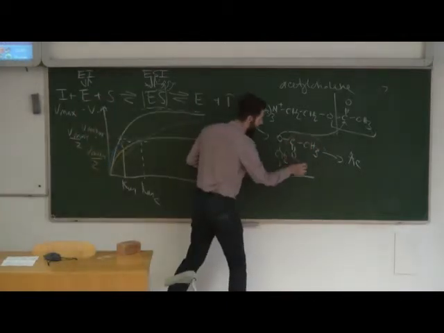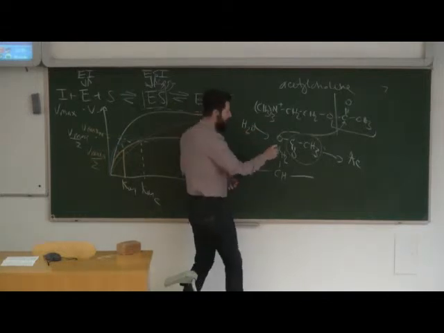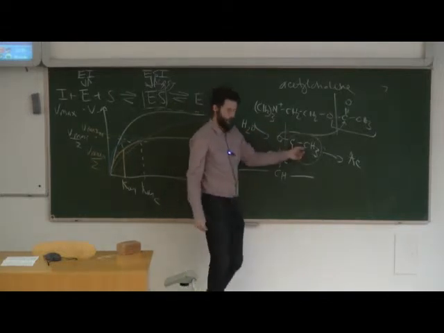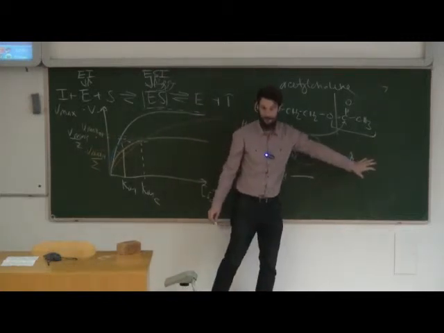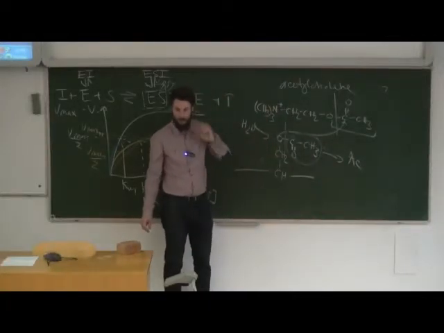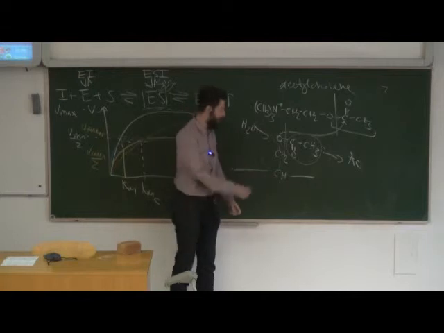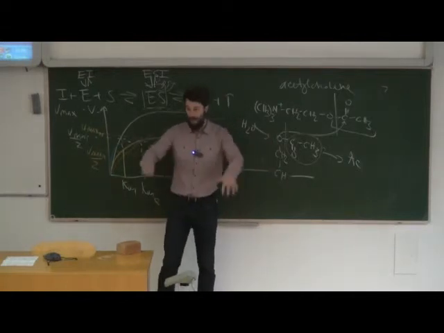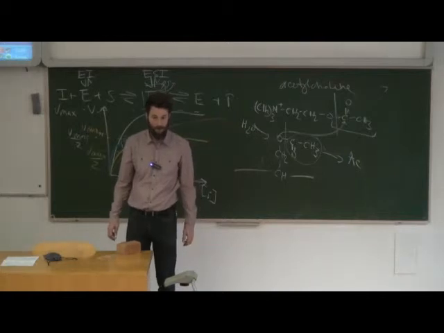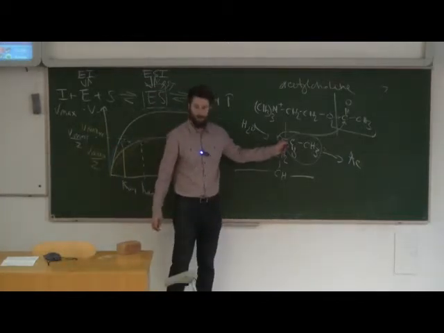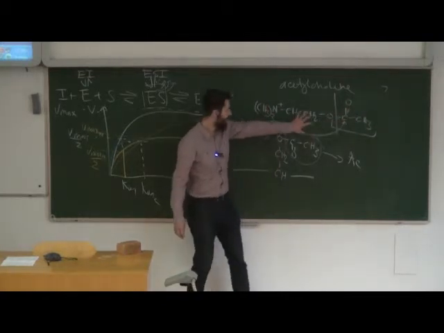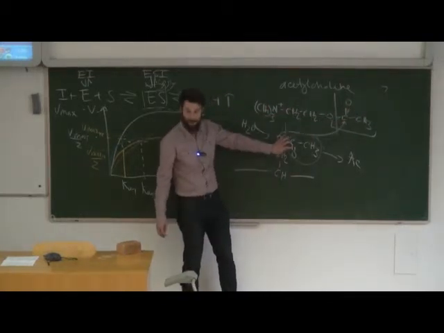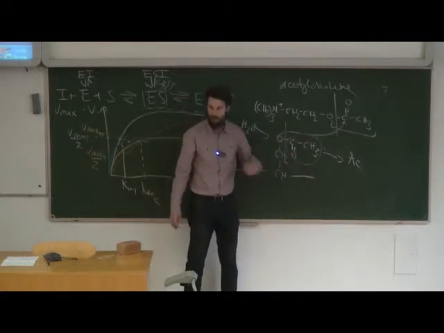So this water molecule comes in, it breaks this bond. This thing, which is basically acetic acid with a bit of this water, is released as acetic acid. And the serine that we started with is regenerated, so we can start again with the same process. Well, in the first step, we take this acetyl group from acetylcholine and put it on the enzyme, and in the next step, we release this and regenerate the enzyme.